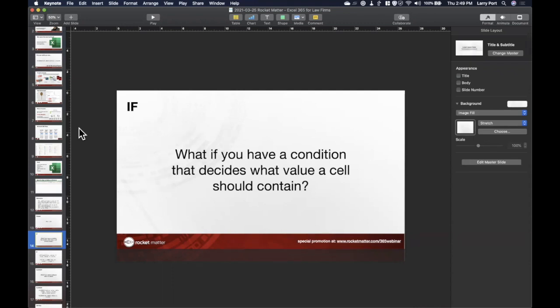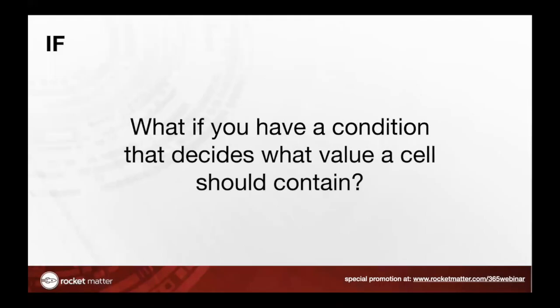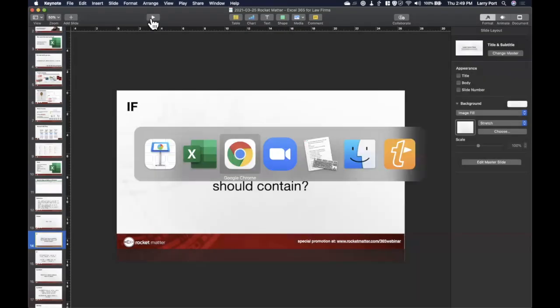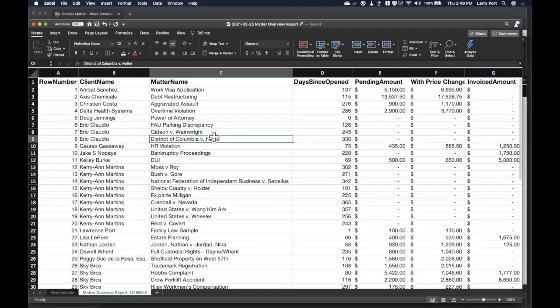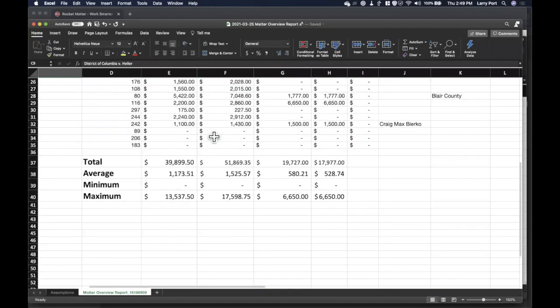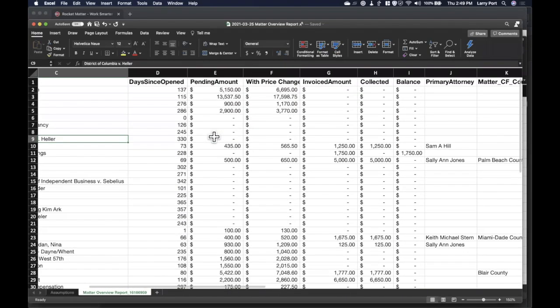So an if statement, right? What happens if you have a condition that decides what value a cell should contain? Like what if you want to take an action and you don't want a certain situation to happen? A common thing in Excel is, do you remember from math class what happens when you divide by 0? You can't divide by 0.